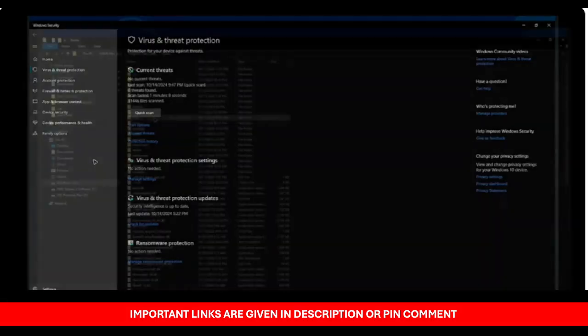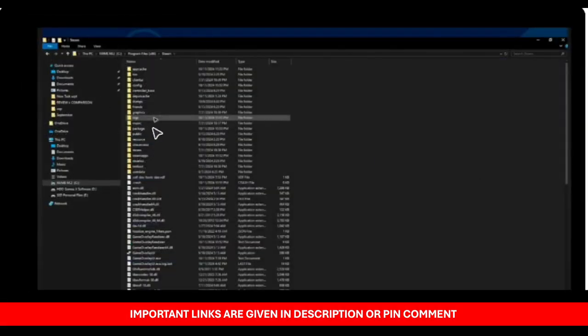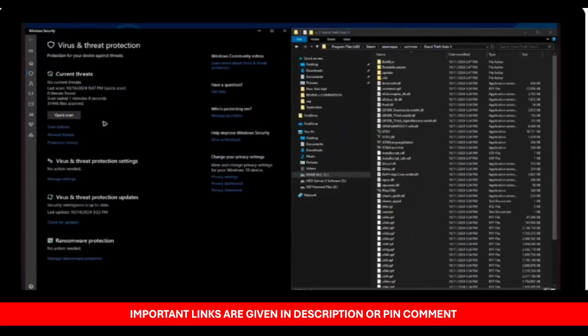For example, here I have GTA 5 installed in Steam, so I'm going to go ahead and open Steam, Steam Apps, and then Grand Theft Auto. As you can see, I have a fresh install of GTA 5. So what you're going to do is take the Rage plugin hook, double-click on that, and it will pop up